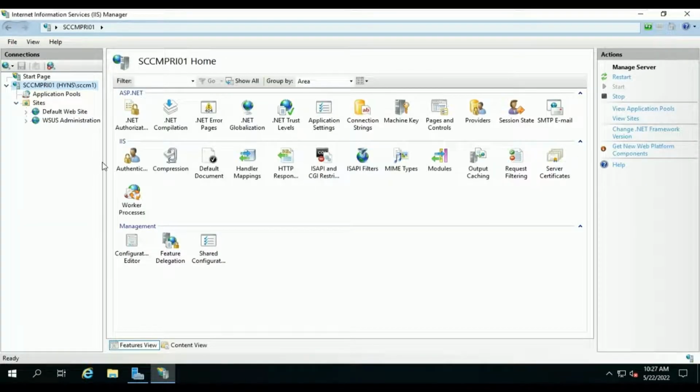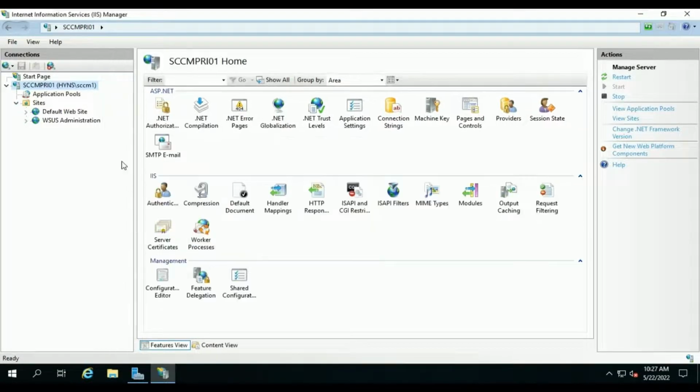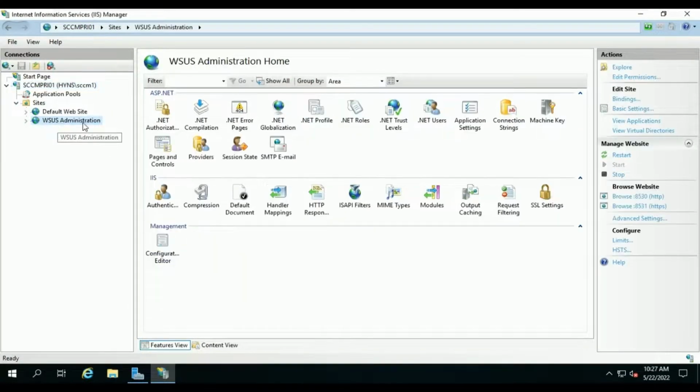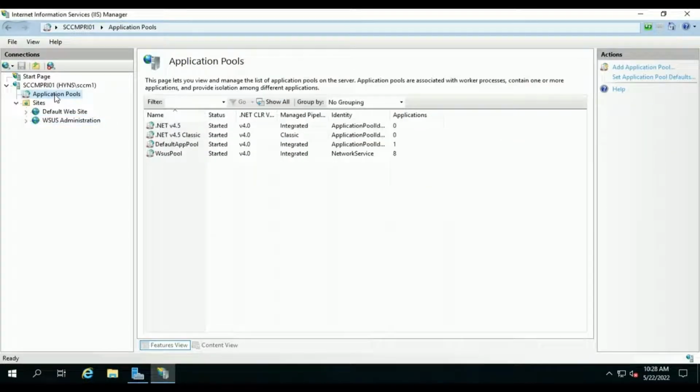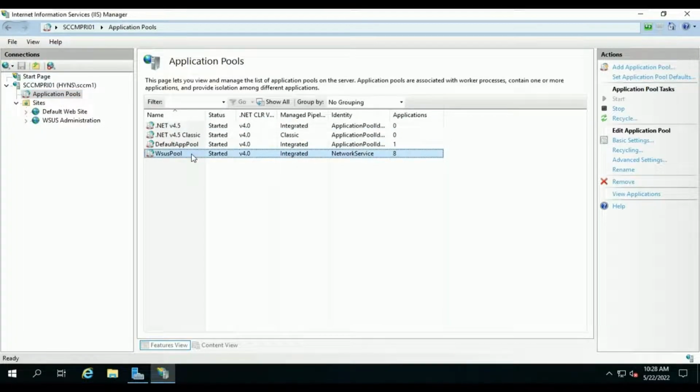Sites. Here you will see one site with the name WSUS Administration has been created automatically at the time of installation. Also, if we check the application pools, we can see there is one more pool created named WsusPool. Now we will configure the WsusPool from the advanced options.